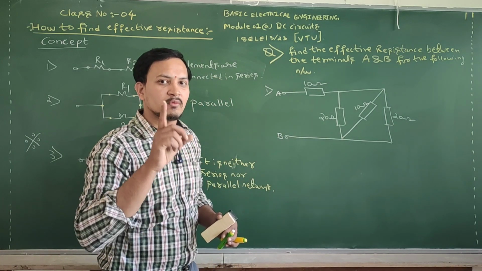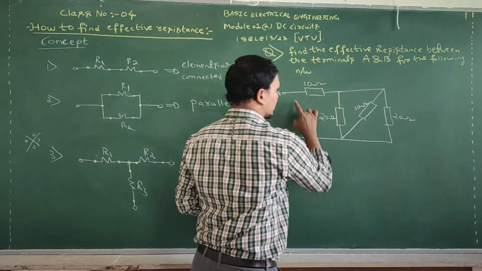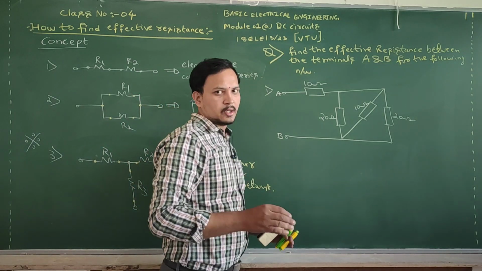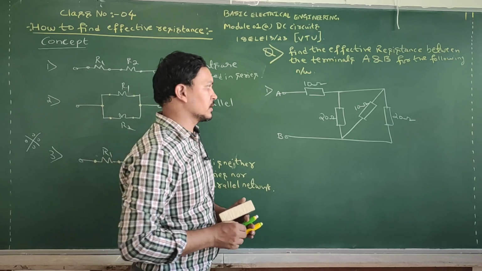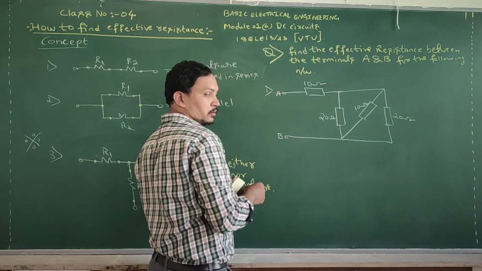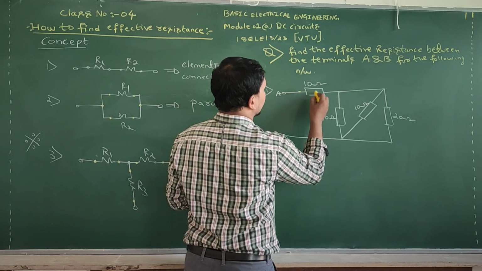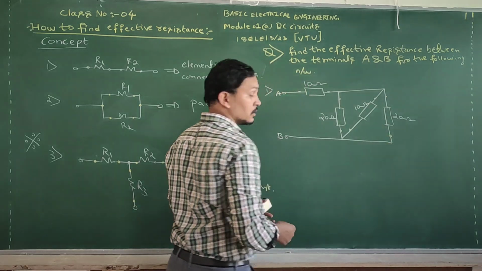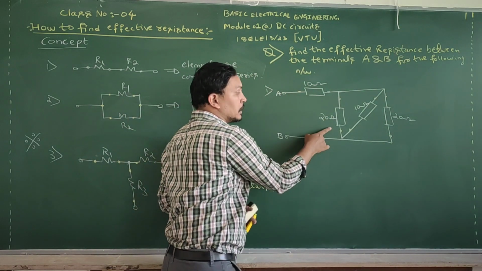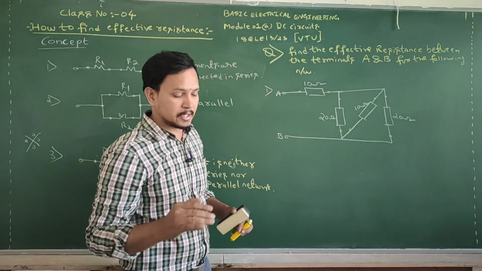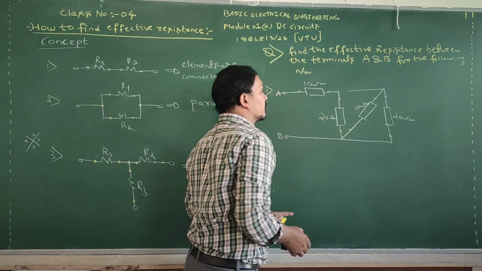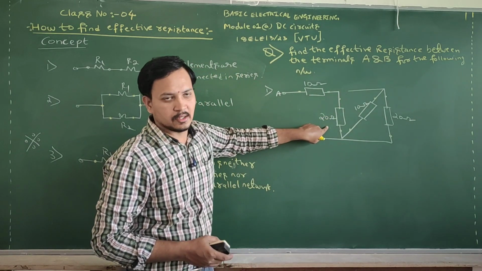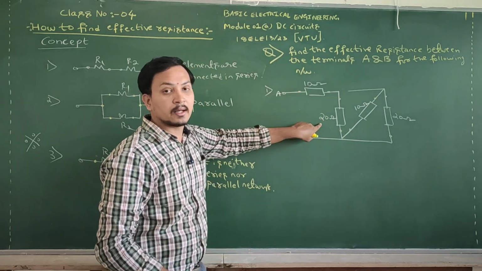Effective resistance means only one resistor; the entire network is going to become one resistor. Before that, you need to identify which elements are in parallel and which are in series. Now look here: starting end, finishing end. If you think the 10 ohm and 20 ohm are in series, yes, it would be correct if this were not connected here. See, now there is no disturbance to the end-to-end connection of these two elements, so you can decide these two are connected in series.